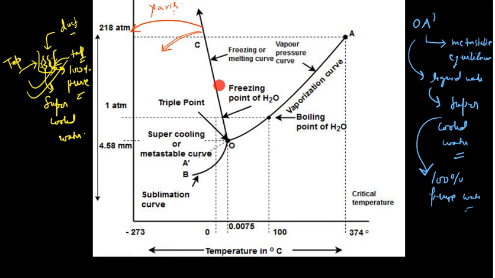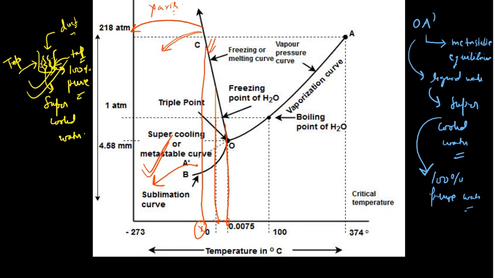So in that case you have liquid and solid. If you increase the pressure, say first this corresponds to this temperature, and you increase the pressure, so this corresponds to this temperature. If you come here, this corresponds to this temperature. What is the meaning of that? If you increase the pressure, the freezing point decreases. This is very important, and the reverse happens in the other case. So you should remember this point.